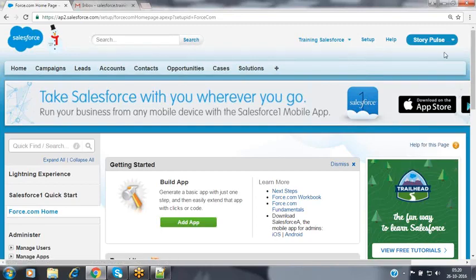Now let's see how we can create our own custom application. One more thing: I would like to use my own image as a logo. By default, whenever you create a custom application, for every application you will have this logo part, but by default, Salesforce provides its own logo for every custom application which you have created. But I don't want to use this Salesforce-provided logo. I want to use my own image as a logo for this application. So how can we implement our own custom application by adding our own logo?